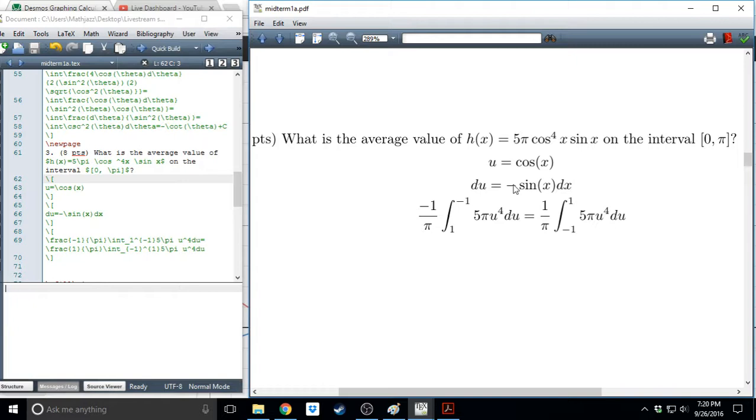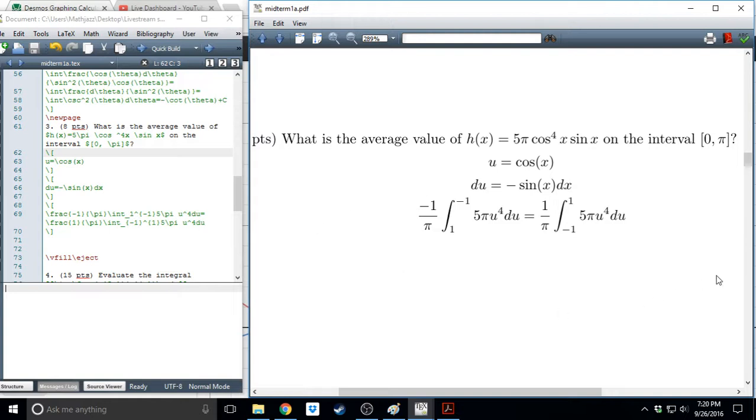Okay, so yes, from here, what we need to do is find the antiderivative using the power rule. So let's do that. So we're going to get